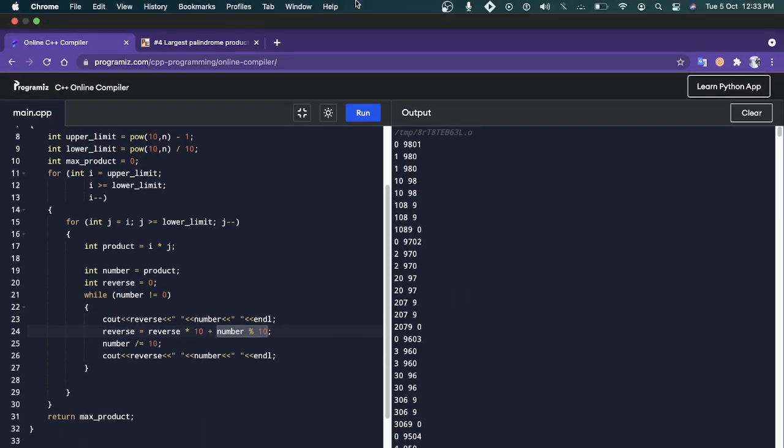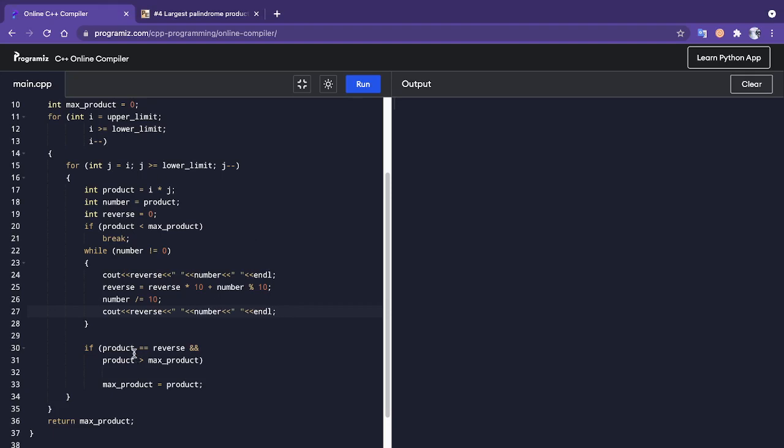Let's write an if comparison that will check for the largest palindrome. We have the number as well as the reverse of the number. We just have to check whether the number is the maximum and also a palindrome or not. We can do it with a simple if statement.